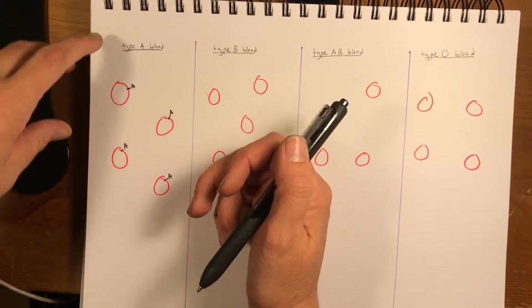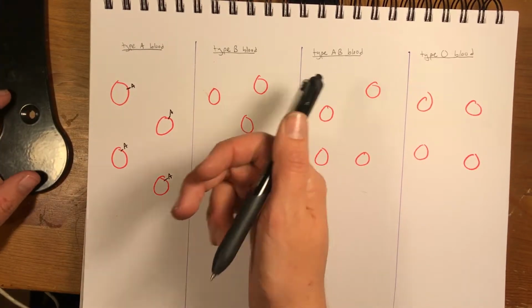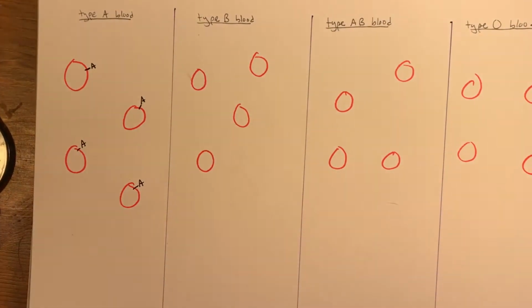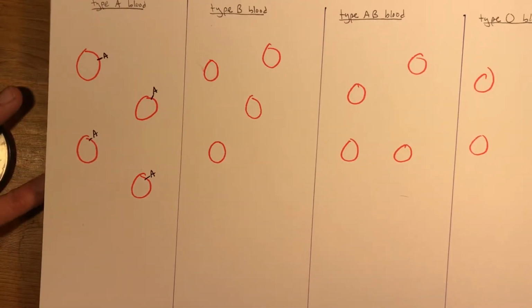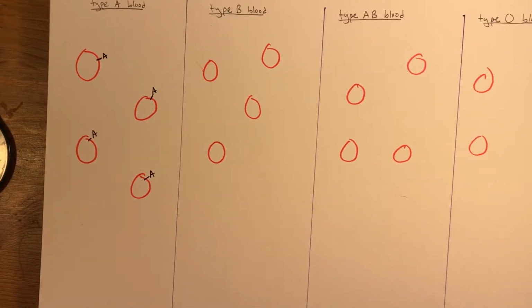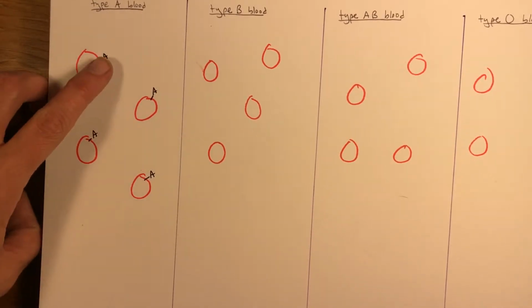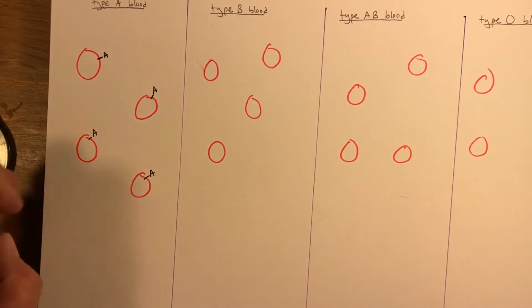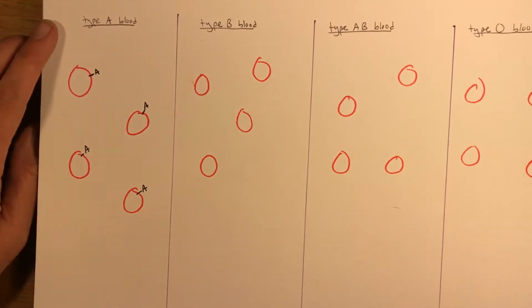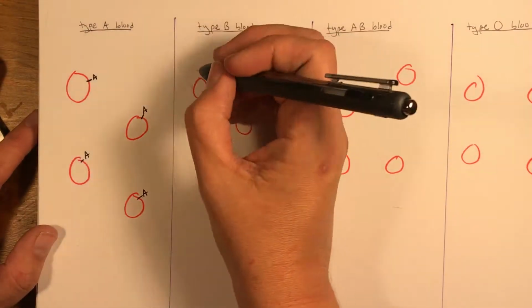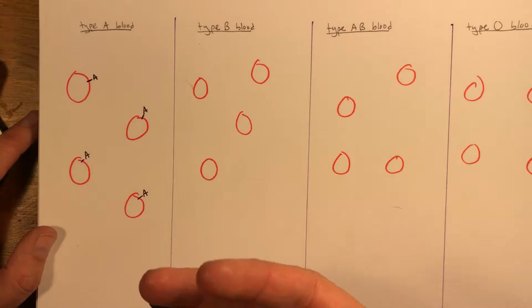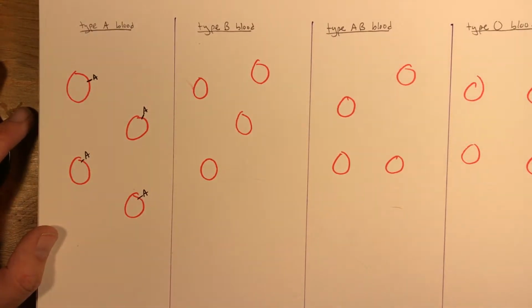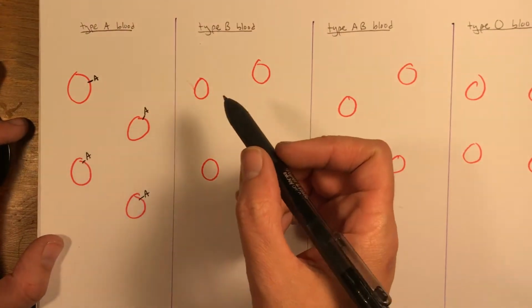Remember that all of our cells in our body have to be labeled as self, so they're yours, so nothing else comes in. Anytime any kind of invading cell comes in, your body will attack it if it doesn't have the marker that says, no, no, no, I'm yours, don't attack me. Somewhere in evolution, there were two forms of this protein created. There's actually a whole lot of different ways to type blood, but this is one of the kinds we understand the best, so we go with it.